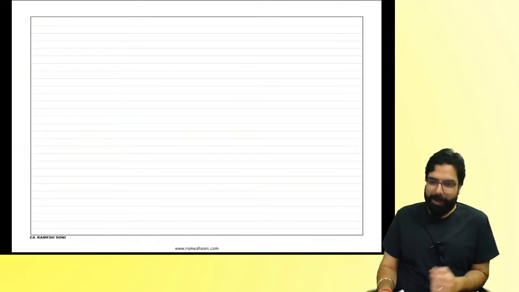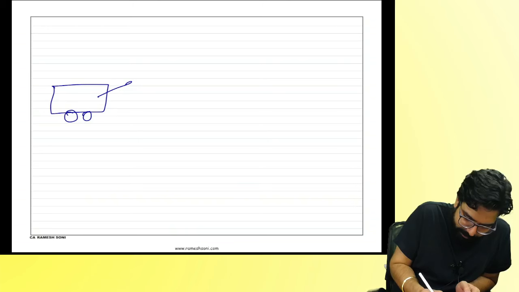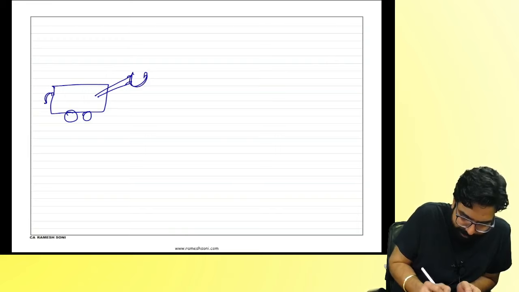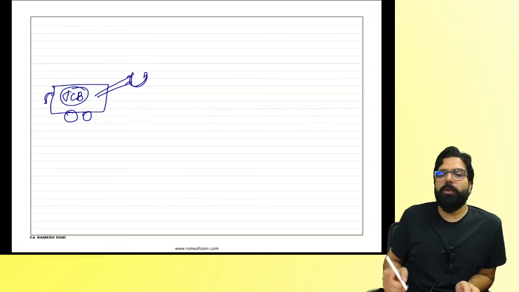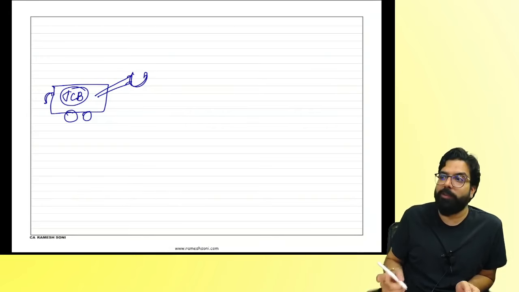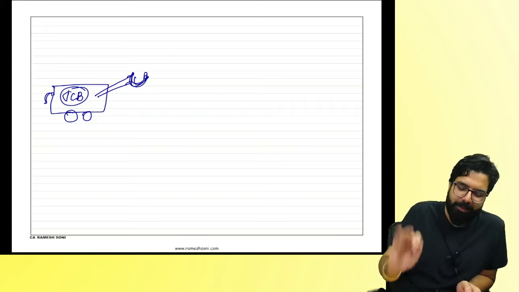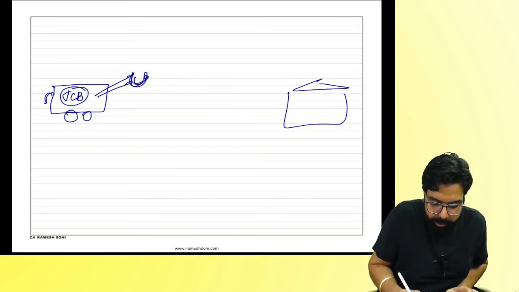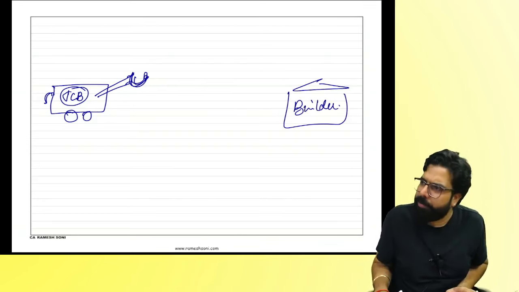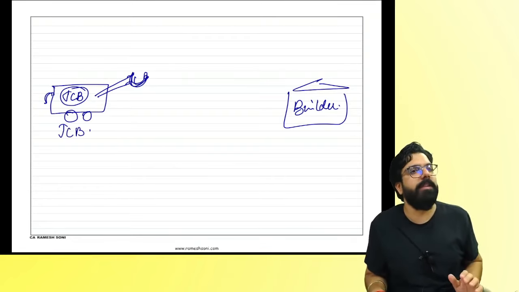Next, we'll take one more example. You tell me what I am drawing. What is this, everyone? This is a JCB machine. Just before, I told you I went to drawing class for 5 years to learn drawing, and you don't even recognize it. This is a JCB machine. Now, for example, this is a real estate builder company. They said they want a JCB machine. The JCB company doesn't only sell machines, they give them on lease also